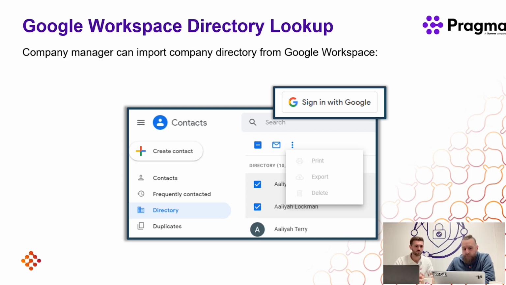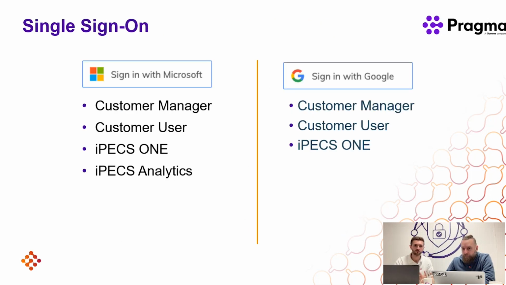And so I think the final part on this section is really just to summarize where we're at. So obviously single sign-on from a Microsoft perspective, we've pretty much covered everything now that we can do on the platform. From a Google perspective, we're pretty much aligned, and whilst I appreciate there might be some collective groans in the background that analytics is missing, all I would say is